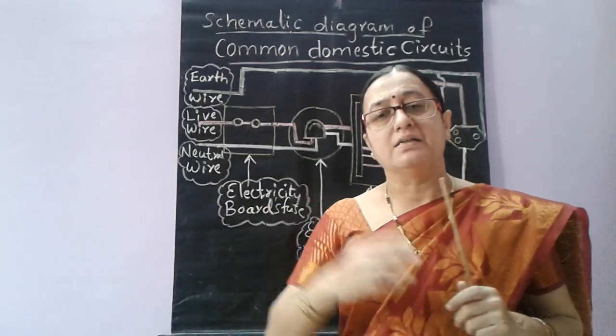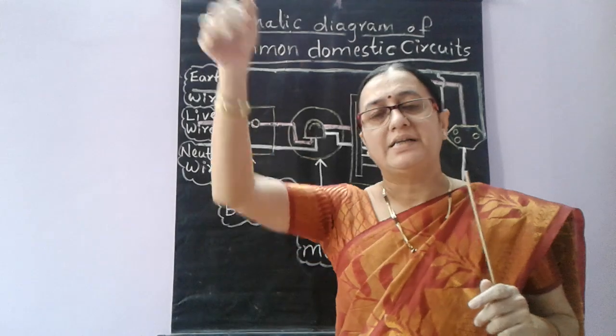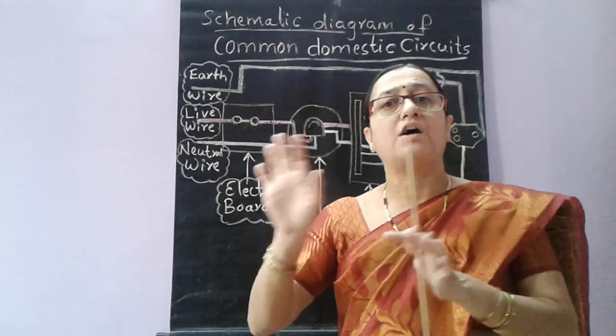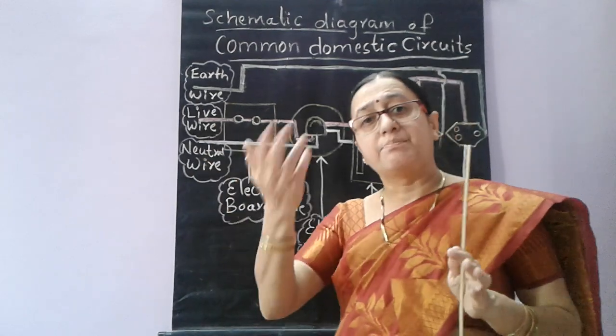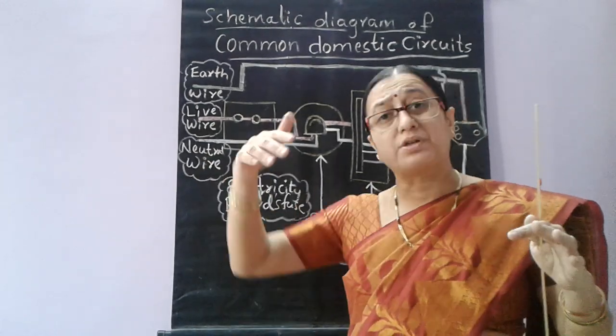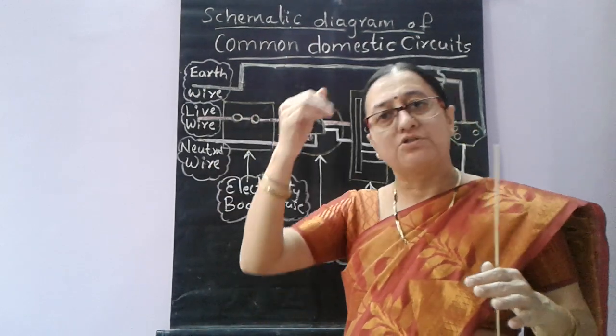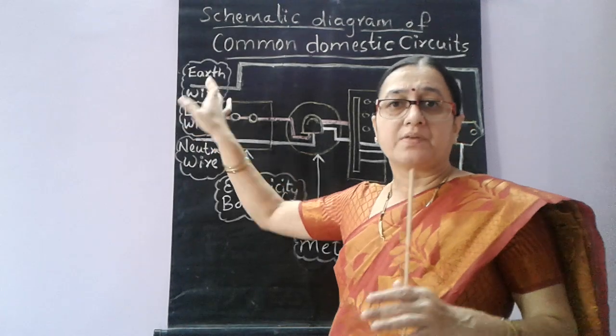Whenever there is lightning, this wire catches all the current and extra charges, and they are discharged to the ground so that the house is not harmed. Even if the live wire brings inside an extra charge of maybe more than 250 volts, those extra charges are also discharged by this earthing wire.